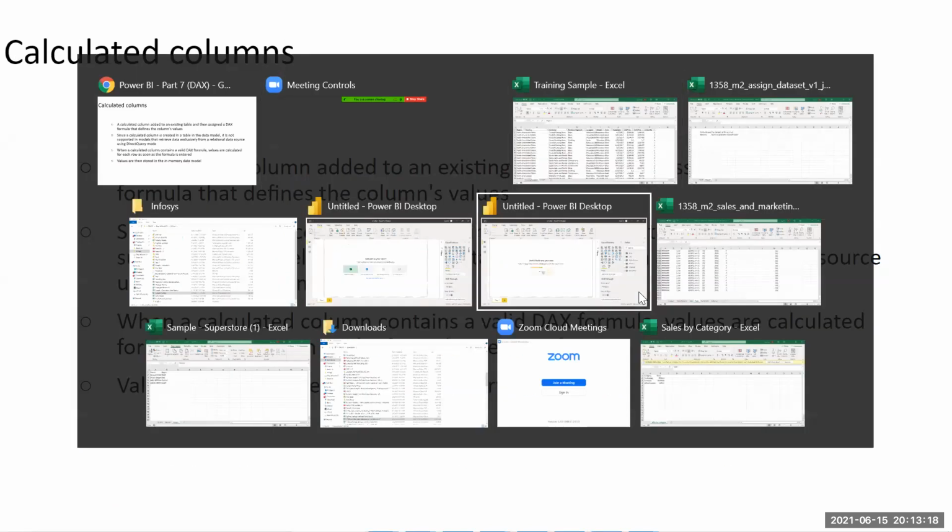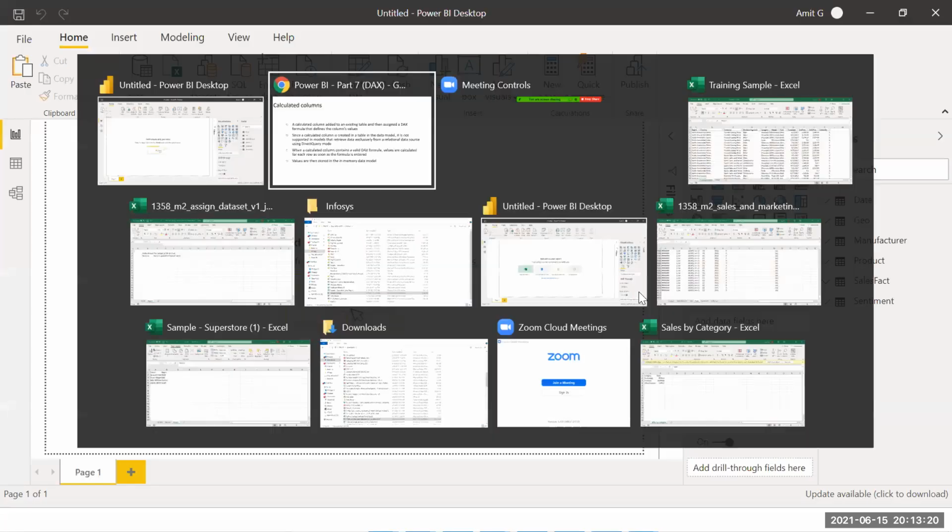In Power BI, just open a new Power BI file.